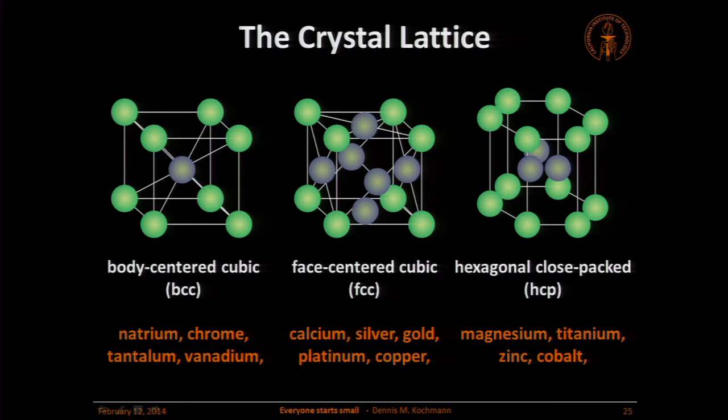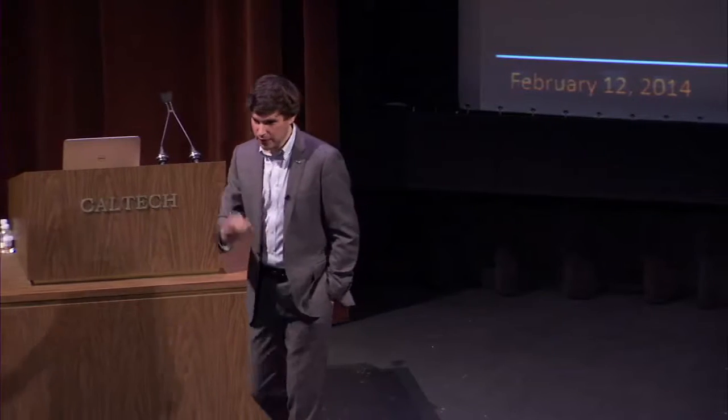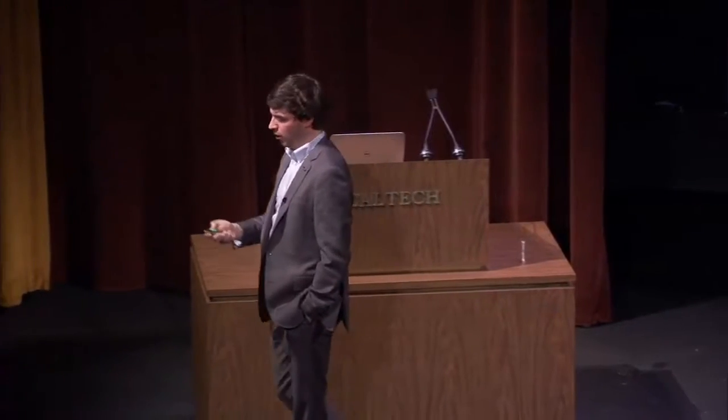There are different types of structures, and these are typical pictures of what you find in metals. Chrome, vanadium, tantalum, some of the species you find, for example, in high-strength steel, have crystal structure atoms that look like this. If you take this structure and repeat it periodically, you get a very large crystal. Silver, gold, platinum, all the metals we like, have a structure here in the middle. It's much denser packed, and it has a different arrangement. Magnesium, the one I referred to in the previous slide, is kind of odd. It has yet another structure. And every metal has its own structure, and they know what structure they want.